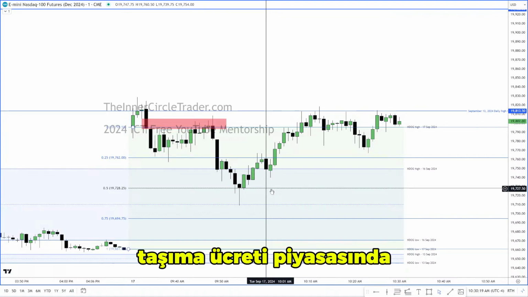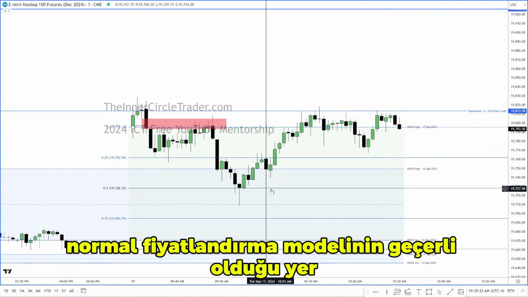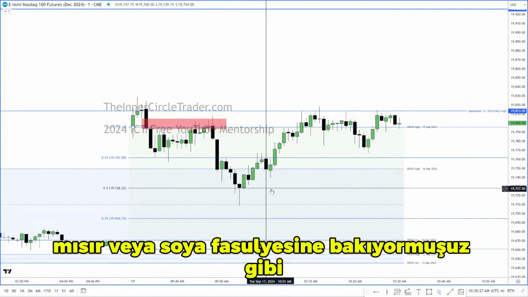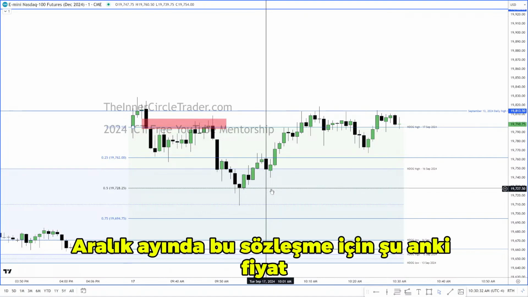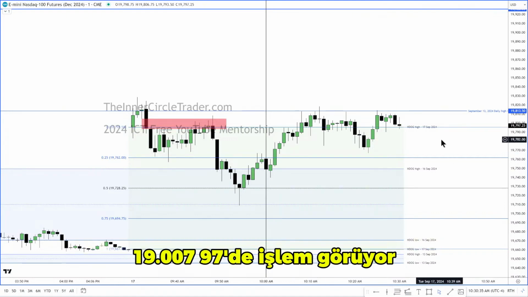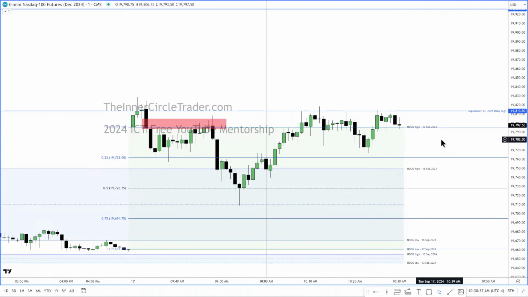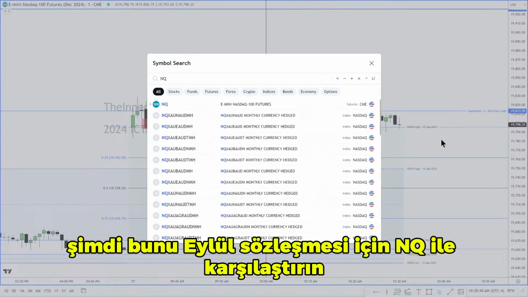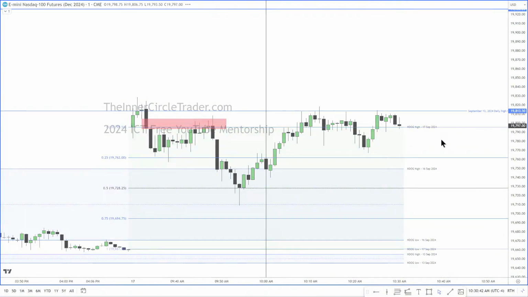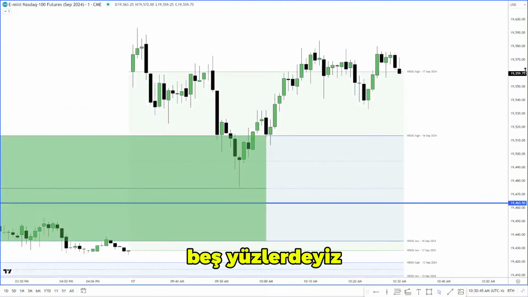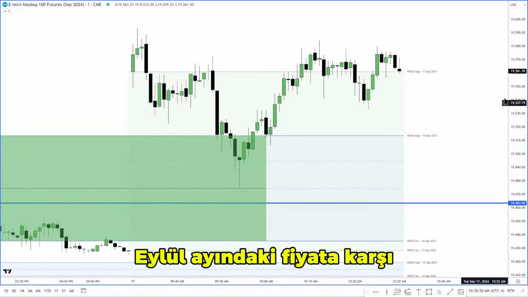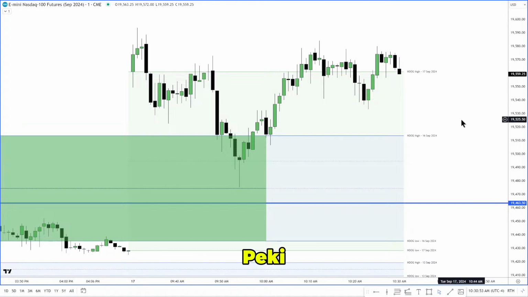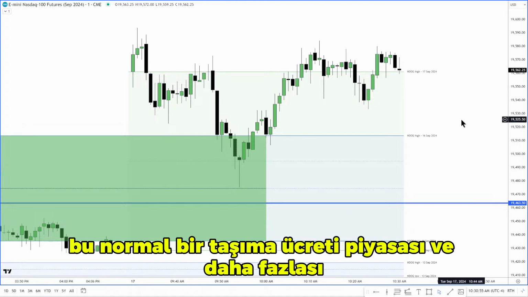In a carrying charge market where the normal pricing model is in play, you will have higher prices for, like, if we're looking at corn or soybeans. Usually it's more expensive. The price right now for this contract in December is trading at $19,797. Now contrast that with NQ for the September contract. We're in the 500s. So there's a premium in the December contract versus the price that's in September. You see that? Well, that's a normal carrying charge market, and it's more